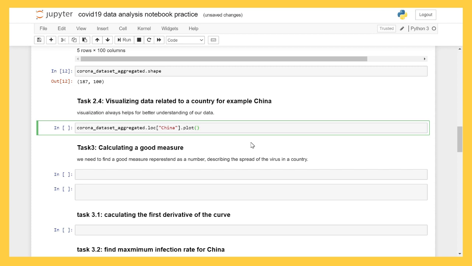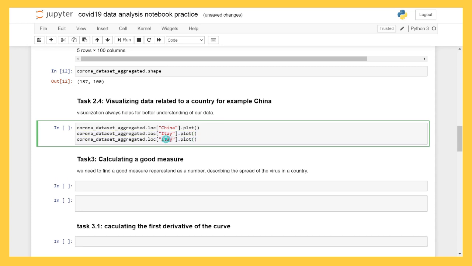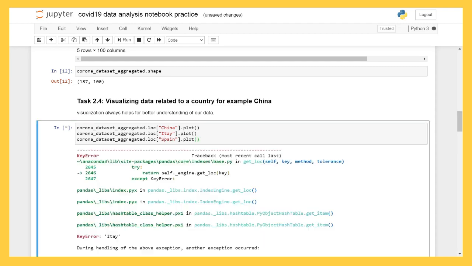This plot function comes from the matplotlib library that we have already imported. Okay, so this was about China. I want it for Italy as well. So I'll just copy it, paste it over here, and write Italy. That is how it is done. Also I want it for Spain, China, Italy, and Spain as well. So now when I run this code,